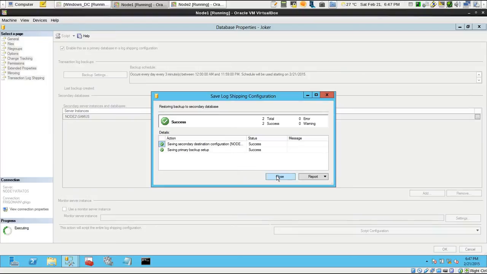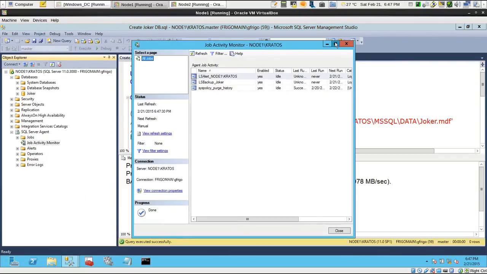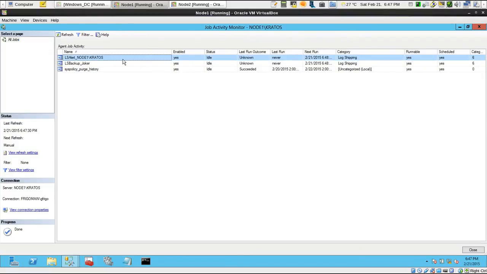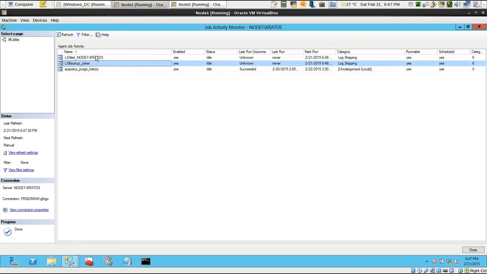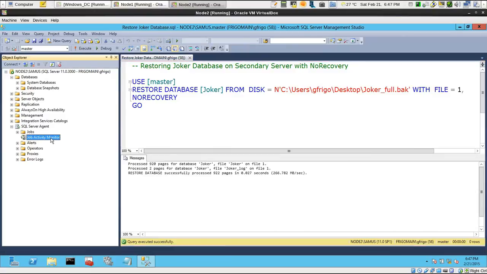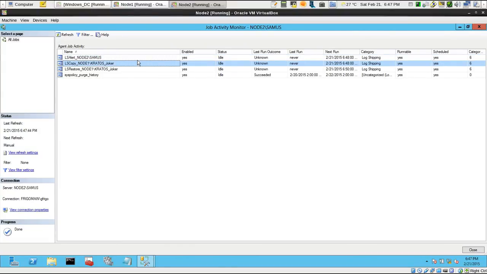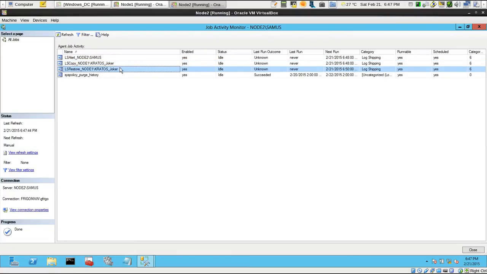What's going to happen now, the jobs have just been created. Let's see under primary, so we have the alert job to alert me whenever the log backups are not occurring in the primary, and the log backup 1. On the secondary, if I expand the job activity monitor, there are 3 jobs: the alert to alert me if no restore occurs in determined period, the copy job that will run every minute, and the restore one. I'm going to pause the video now and go back a few minutes later to show you the results of